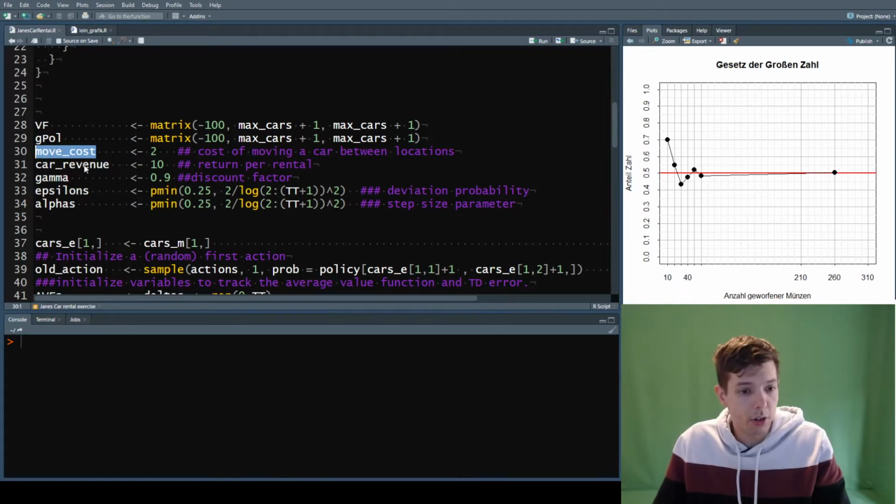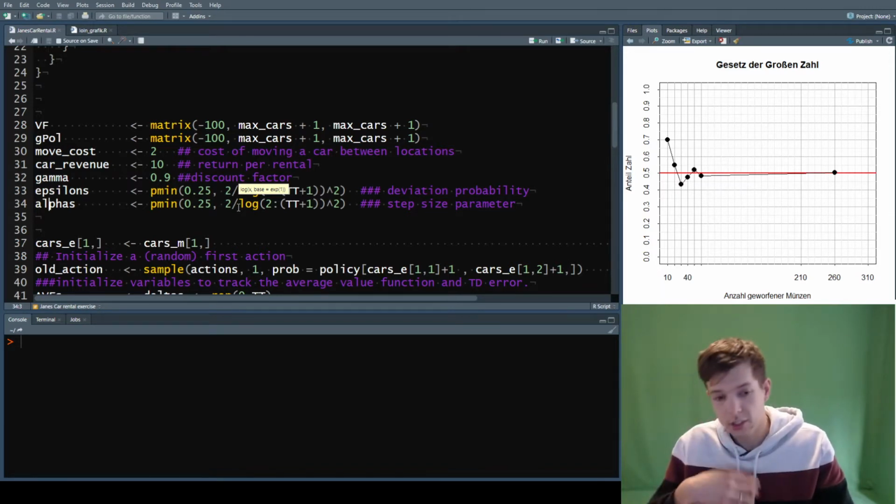Then we initialize the cost of moving a car from A to B, the car revenue, so the revenue we earn on renting a single car. Our discount factor is initialized. We have a sequence here for both alpha and epsilon. So alpha is decreasing from 0.25 to 2 divided by the log of the current point in time, and that squared. So it doesn't really fulfill the conditions for convergence, but it's close to these conditions, and it ensures that